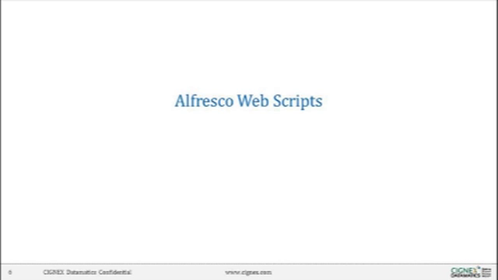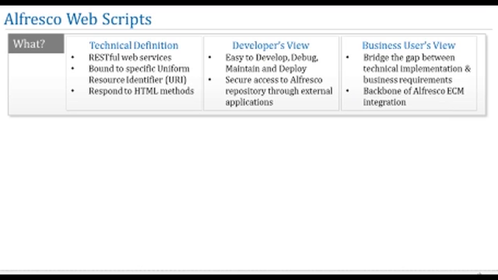Now, let's understand what is WebScript. In simple words, WebScripts are the powerful and extremely useful services provided by Alfresco to access the repository in a secure way. They can be reusable across different platforms and provide uniform access to the content to a wide range of client applications. If we take a look at the technical definition of the web script, then they are RESTful web services. They are bound to a specific URI and they respond to the HTTP methods such as GET, POST,